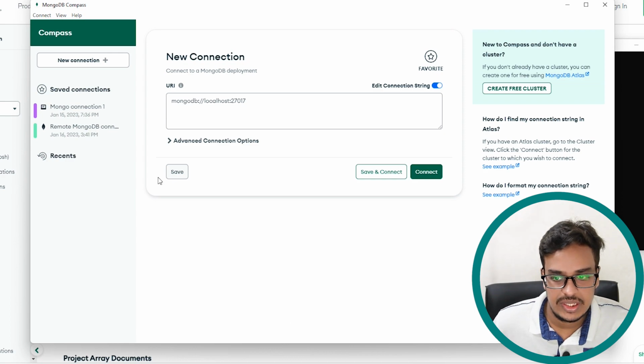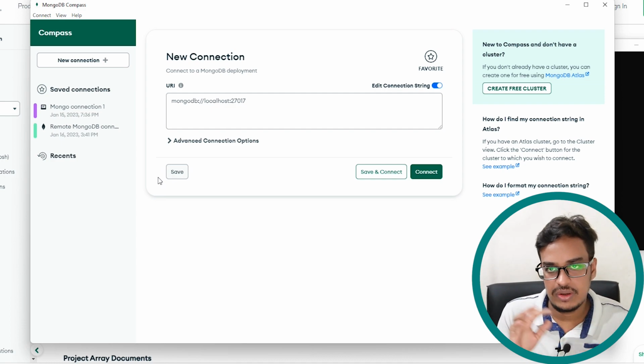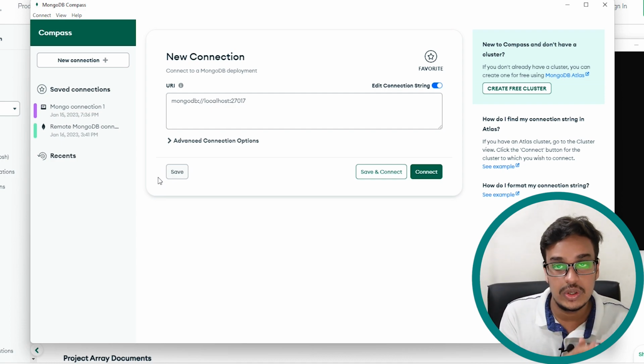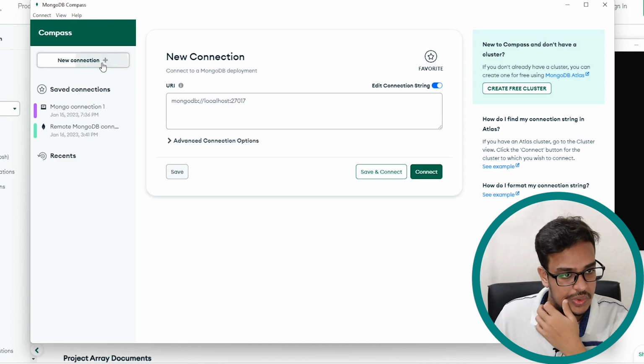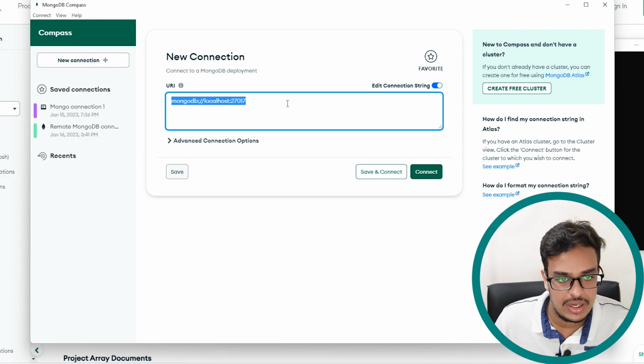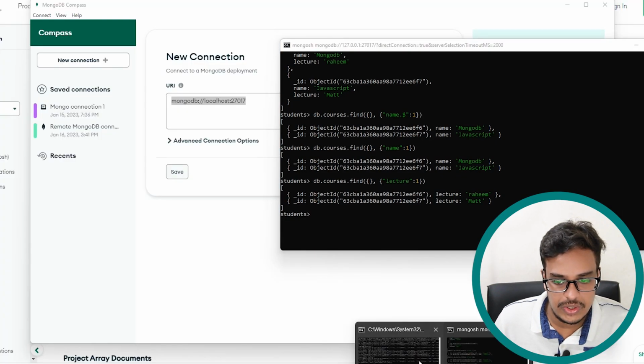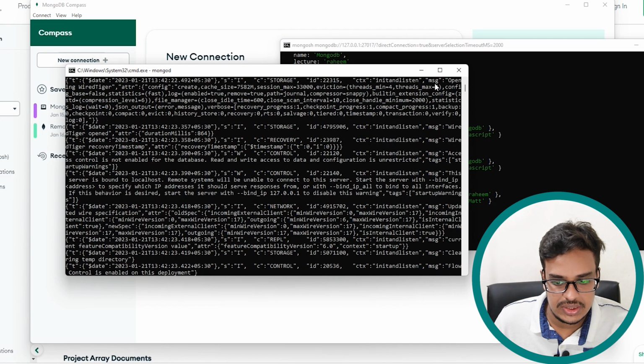So this is the latest UI. Not sure about you. If you are using an older one, the UI will be different from mine. To create a new connection, what you need to do is just click this new connection, then this new connection will be coming up. So here what you need to mention is, open your terminal and see